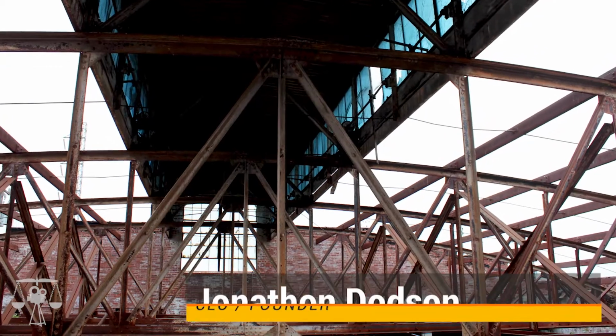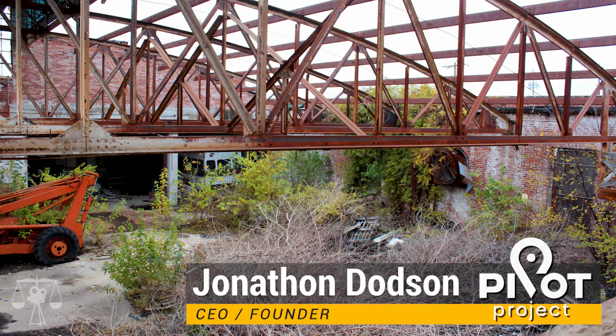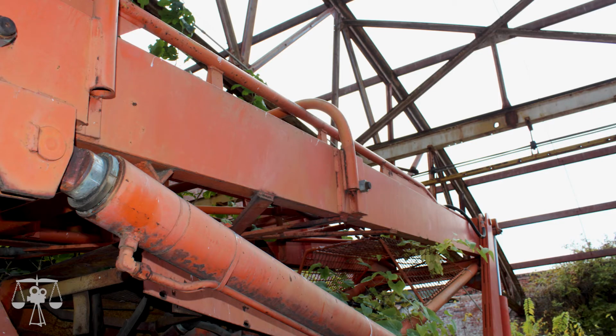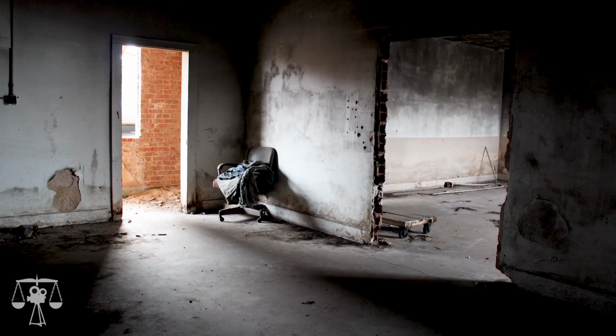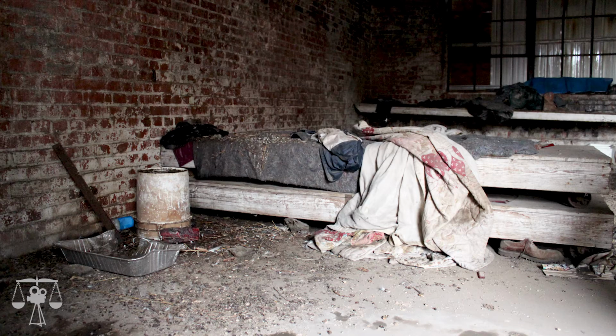And the guy who was going to buy it said, well, I'll pay you less because I'm going to have to tear your roof off. So the guy, in thinking that he would increase his sell price, actually tore the roof off of his own building, thinking that he would be able to close and make a little bit more money, and the buyer walked. After the failed attempt at selling the building, this structure lost its shine, housing only transients and